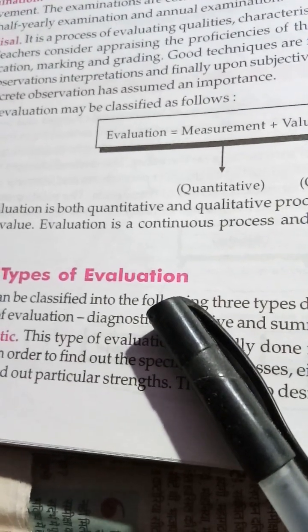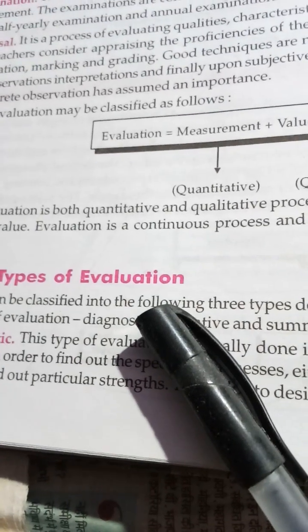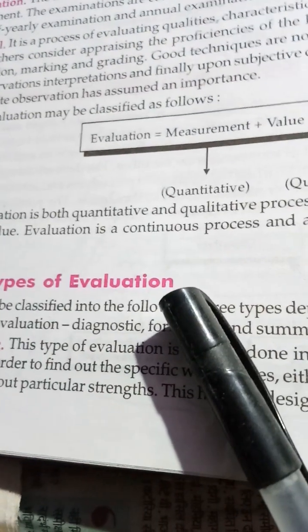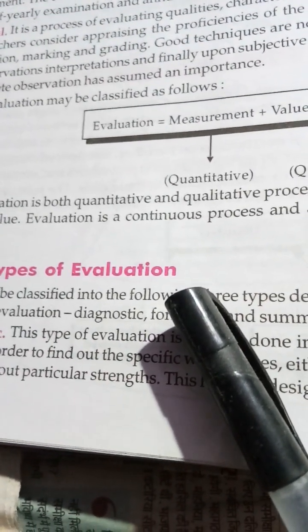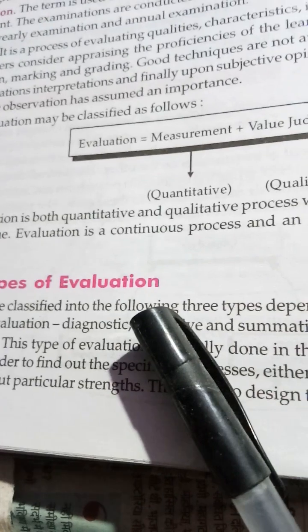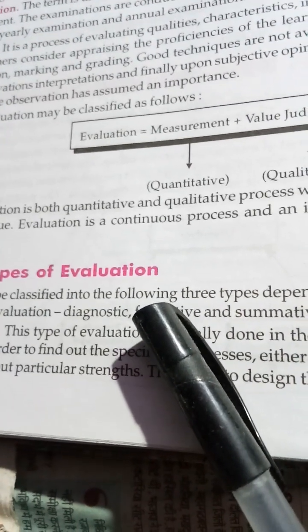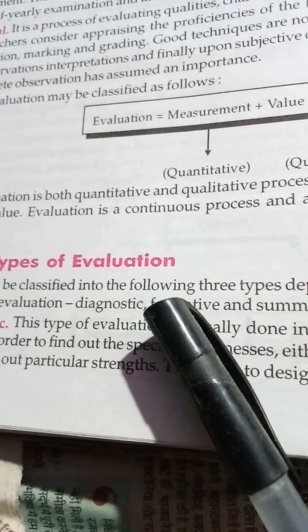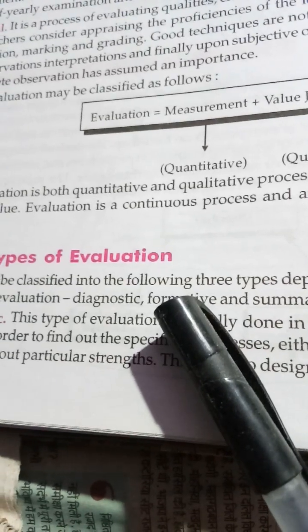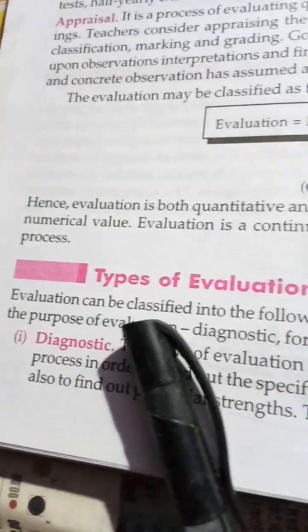Apart from the teaching domain, almost all realms of life need evaluation. Without evaluation we cannot achieve our goals, because the specific aim is the goal. And when we achieve the top point of the content for getting the outcomes, evaluation will be very important. Evaluation can be classified into the following three types, depending on the timing of evaluation and the purpose of evaluation: